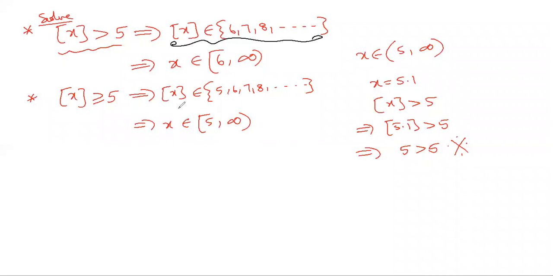So writing the middle step is important, because after looking at the middle step, writing this final step is easy. Integral part of x belongs to 5, 6 and so on means you should take 5 onwards numbers. If you take a lesser number than 5, you won't get integral part 5. So you should start from 5 and all the numbers above that.